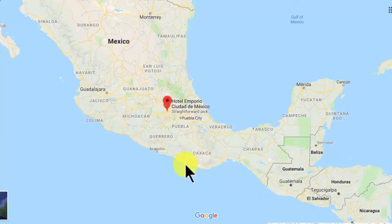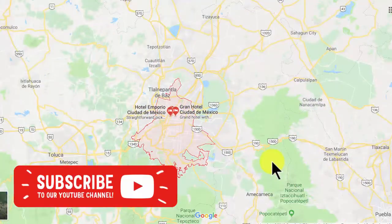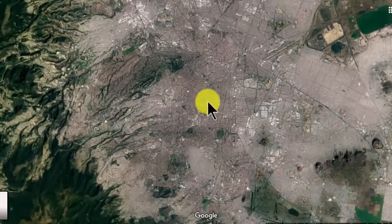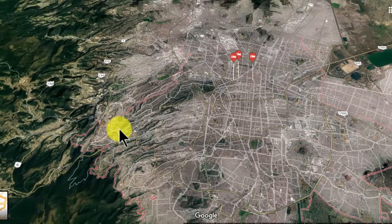We're gonna take a look at Mexico City. It's a city of almost 9 million people, and I've never been to Mexico City. I have been to Cancun before, but Cancun is very Americanized. Well, Mexico City is probably way different than that. So I can see there's some mountains in here,